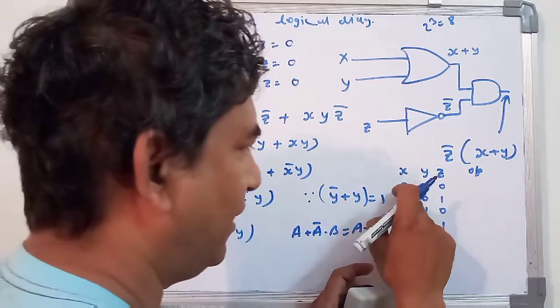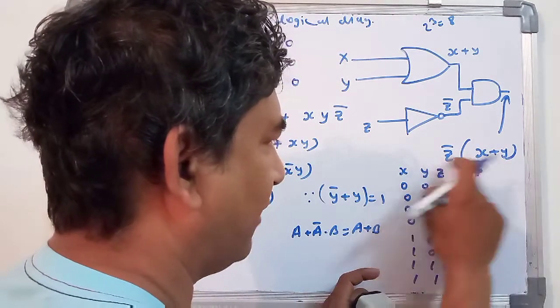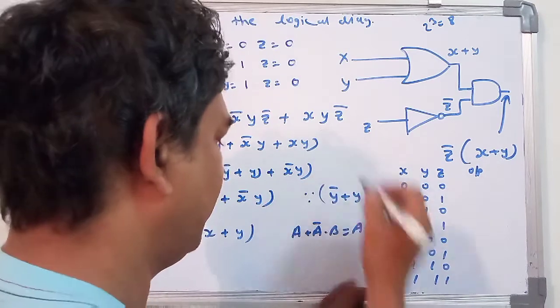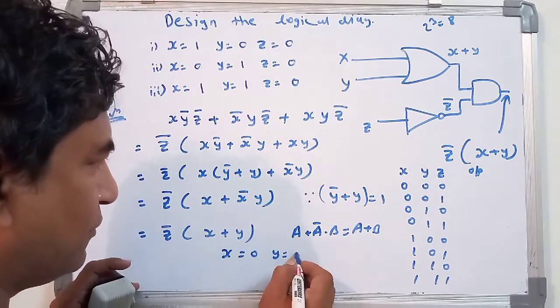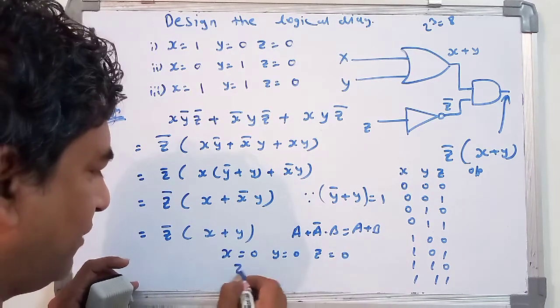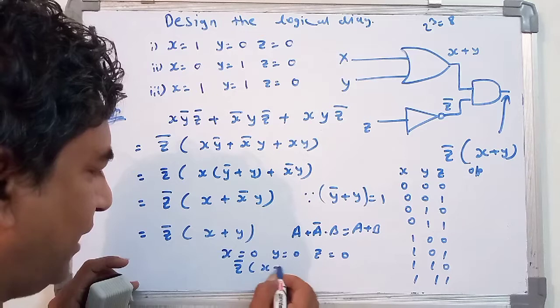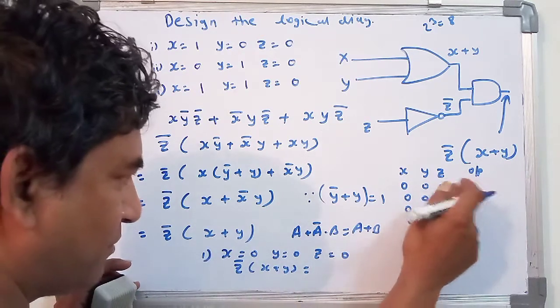Okay, that we will see. X, y, and the z. You have x, y, and the z bar. So x value. Suppose you have this one. X is equal to 0, y is equal to 0, and z is equal to 0. So from the equation z bar, that is x plus y, first we are considering the first value,